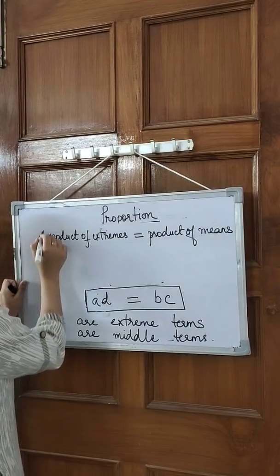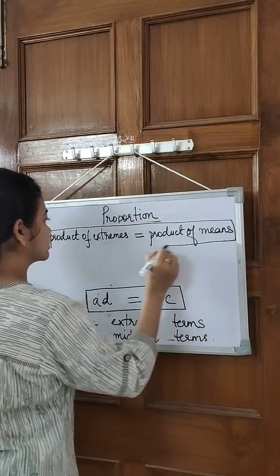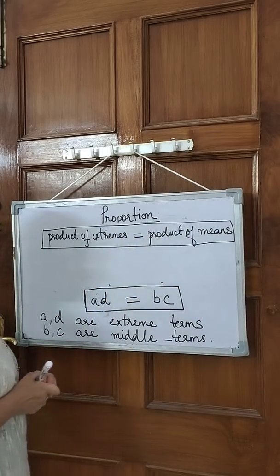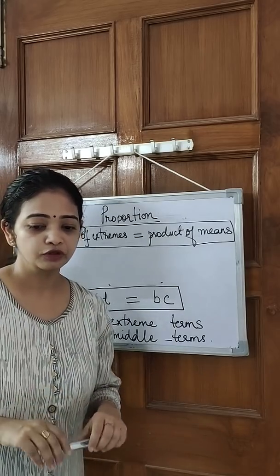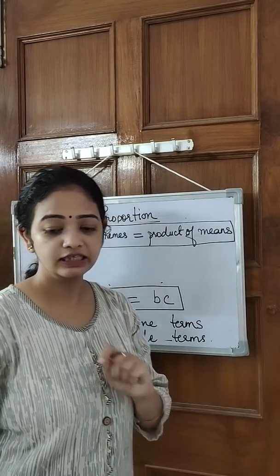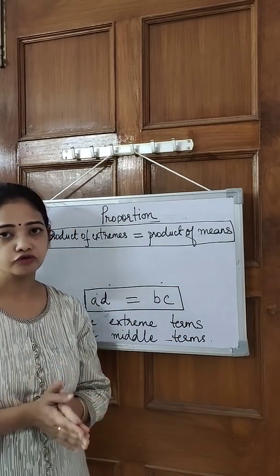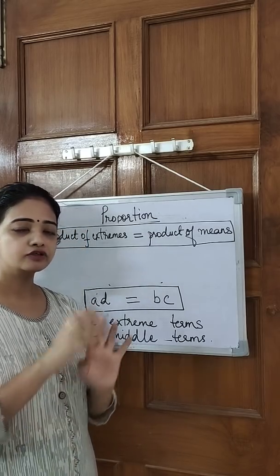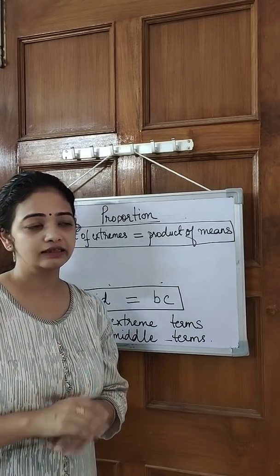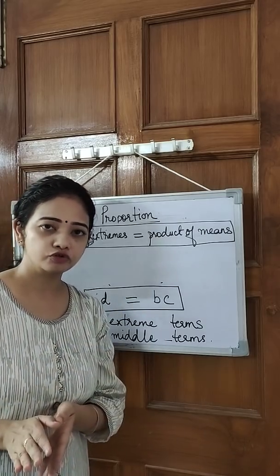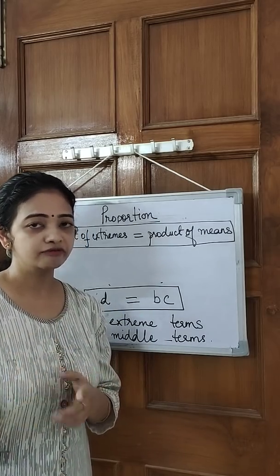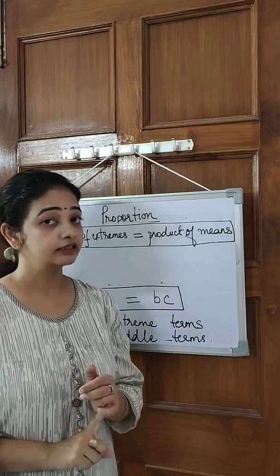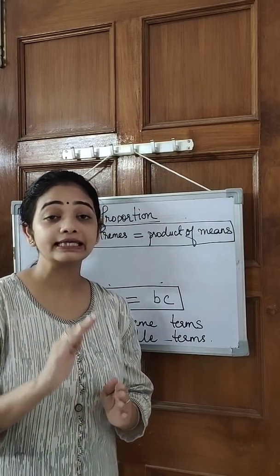So in place of these A, B, C, D, you can write this also, that if the product of extreme terms and product of middle terms are same, then we can say that the given values are in proportion. So there are two ways with which I can check that my values are in proportion or not. First is with the example that I took. I took two ratios, and then I converted them to fractions, and I simplified those two fractions. Answer was coming 4 by 5, 4 by 5 in both the cases. So I said after simplification, if ratio comes same, then they are in proportion. So this is one way with which I can check.